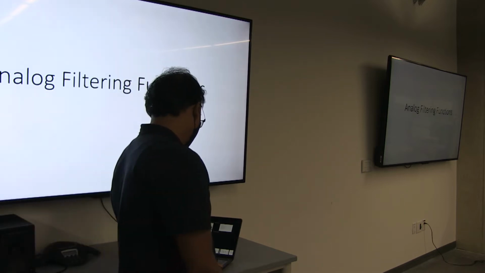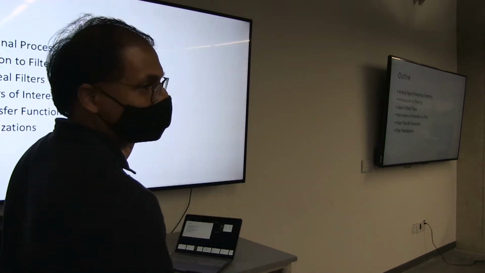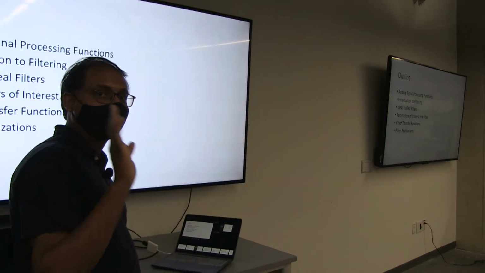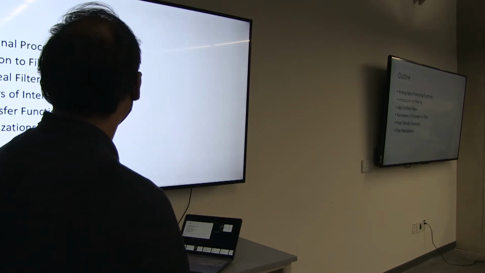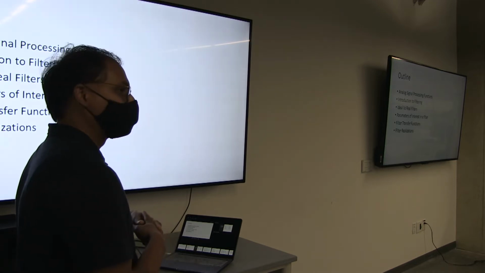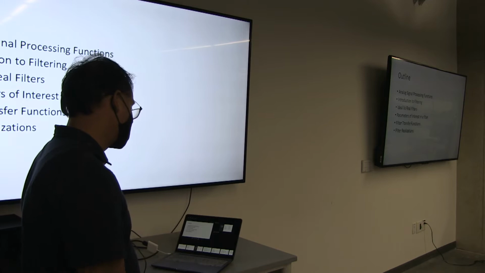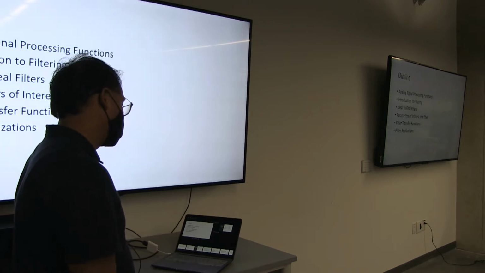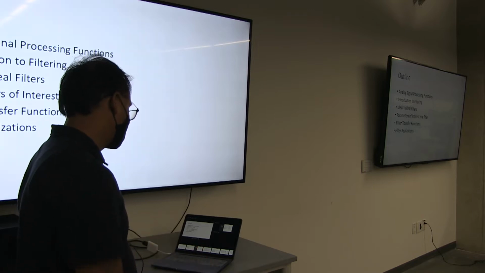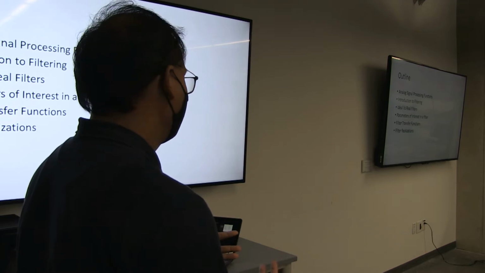Yeah, I'll talk about analog filtering functions today. Before talking about analog filtering, the outline will be: what are the basic analog signal processing functions that we have, and I'll give a basic introduction to filtering. Then we'll go from ideal filters to real filters, like how the transition happens, what parameters are affected when we implement them using real devices, and what parameters we need to look at when we choose a filter,